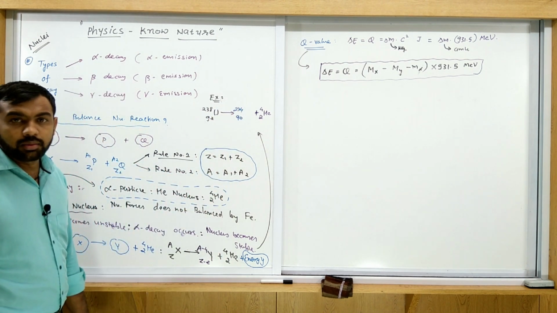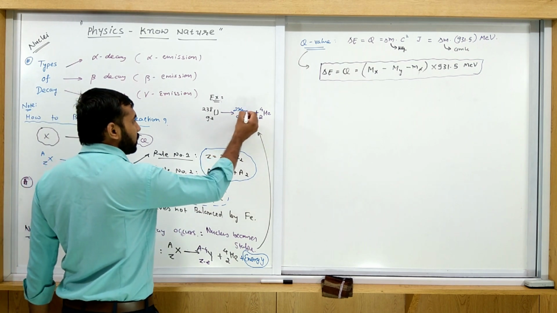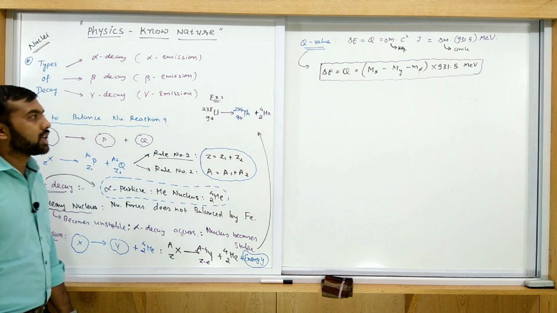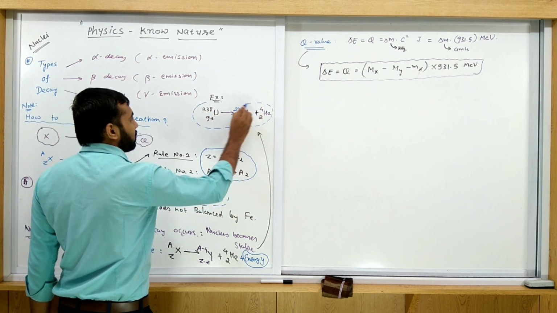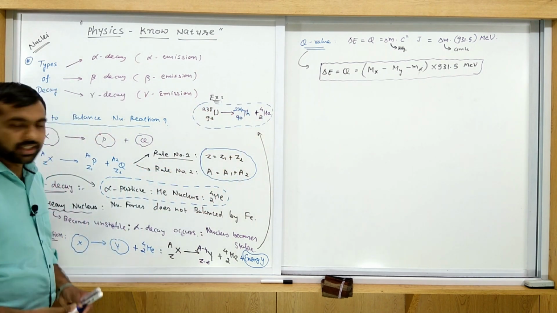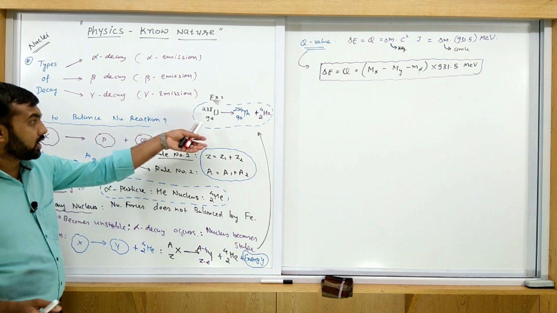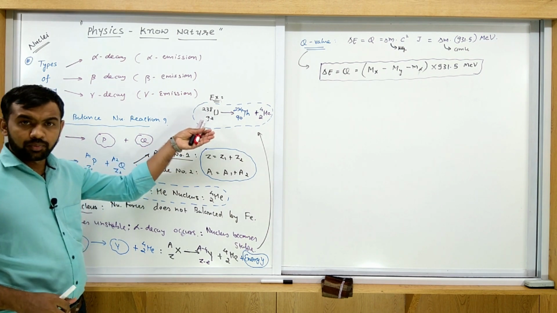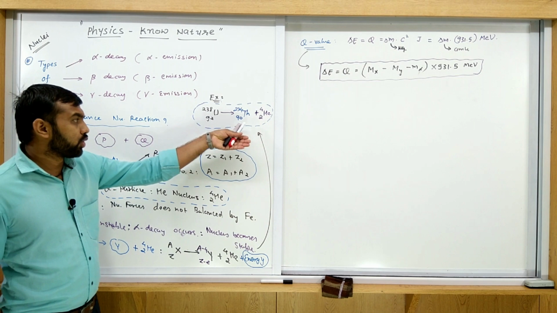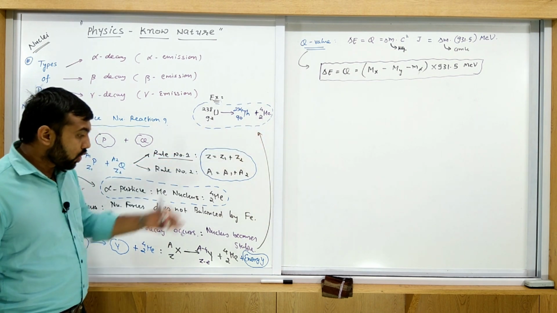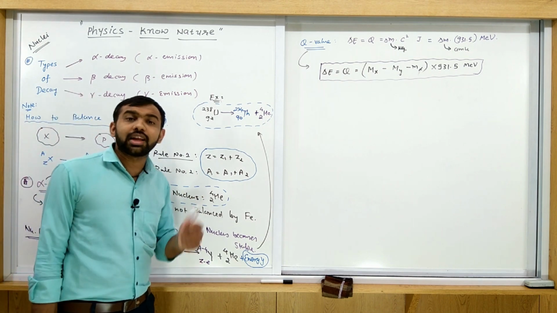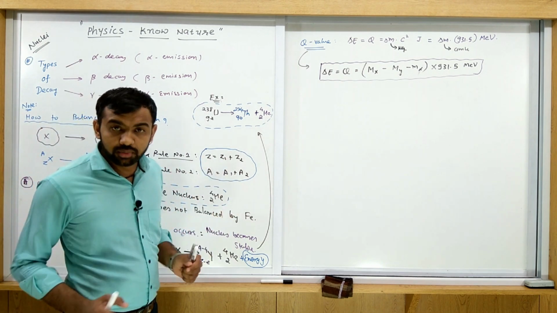And if you find the element, then this element is thorium, Th. So this is one example of alpha decay, in which this alpha is produced. So when the uranium decays into thorium, then the alpha particle is produced here. So what happened when the alpha particle is released from the nucleus?